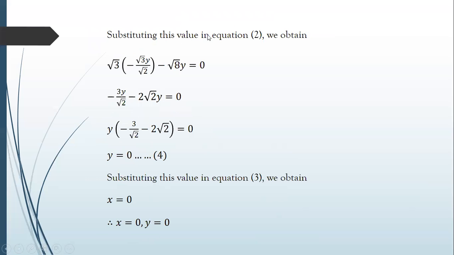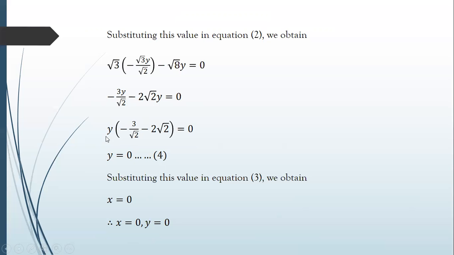Now substituting this value in equation 2, we obtain root 3 into minus root 3y by root 2 minus root 8y equal to 0. So root 3 into root 3 will be 3 for us. So 3y by root 2 minus 2 root 2 y equal to 0. We are factorizing this, so we get 2 root 2. Now here y we can take common out. We have to find the value of y into minus 3 by root 2 minus 2 root 2 equal to